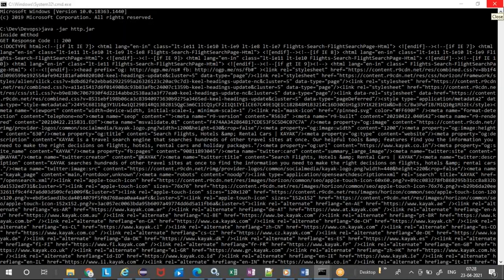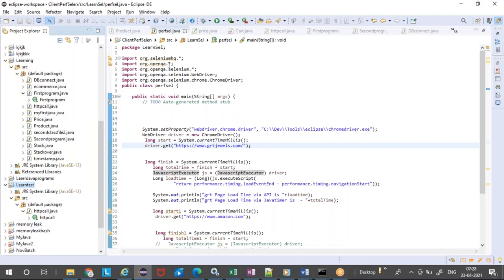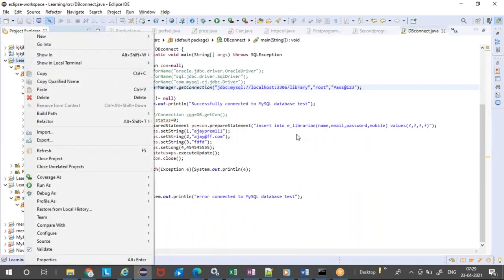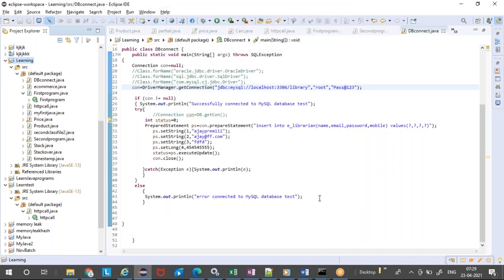But there are going to be cases where it need not be executed directly. They will be using it as a reference, like what we did with your DB connection, where we just added it to the build path. So if you want your jar files to be used inside some other main application, we can just export it as a jar file. That is the difference between the runnable jar file and the jar file.